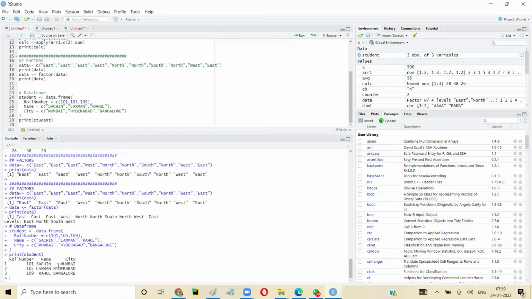Now I want to extract some data from it. I want to print a particular column. So if you say print student, you get the entire data, right? And if I say print